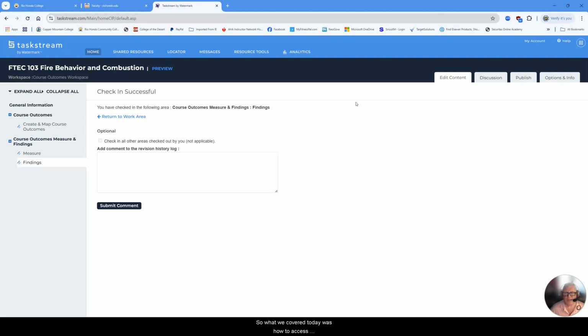So what we covered today was how to access TaskStream, how to input your SLO assessment and findings. We discussed measure, we discussed findings, then I demonstrated how to input into the text boxes.